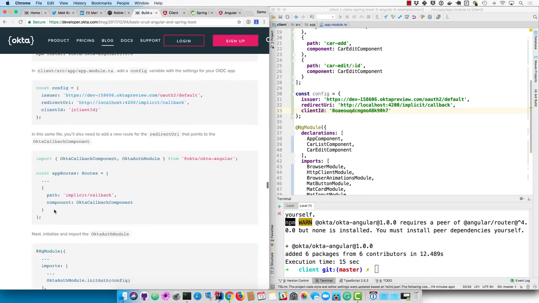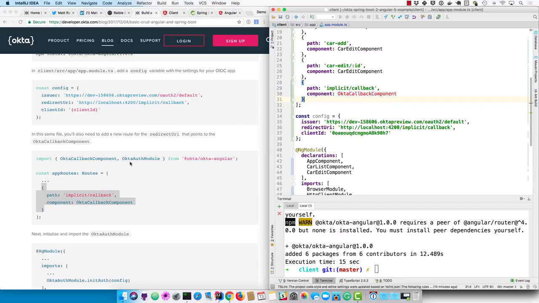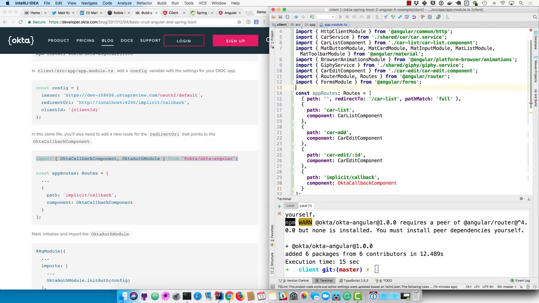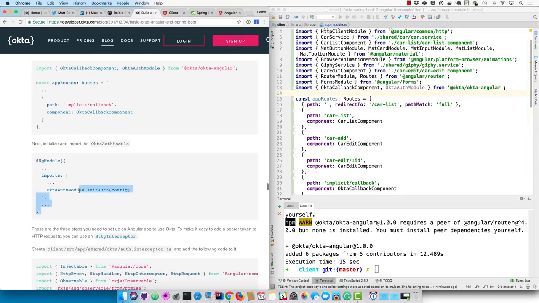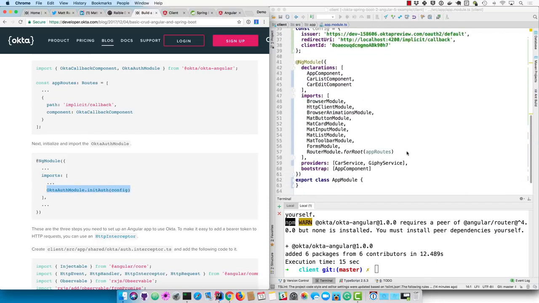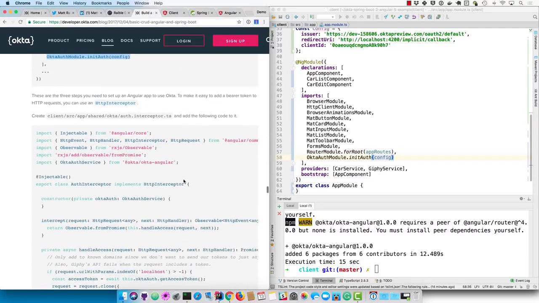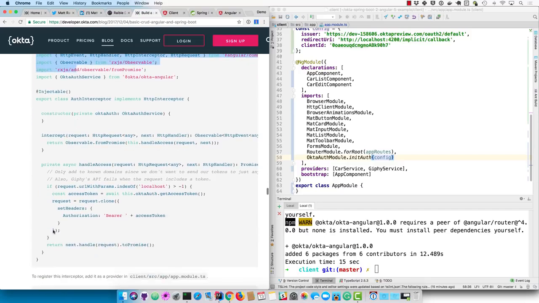And then you'll need to add a new route for the callback after you come back from Okta. And IntelliJ is not resolving that import, so I'll just go ahead and copy it from the tutorial. And then you need to initialize and import the Okta Auth module, which sets everything up. And now, one of the things that can be handy, you don't have to do this, but I'd like to